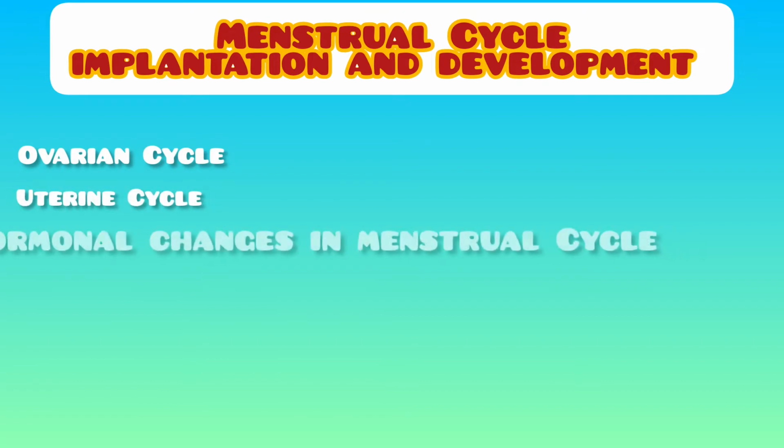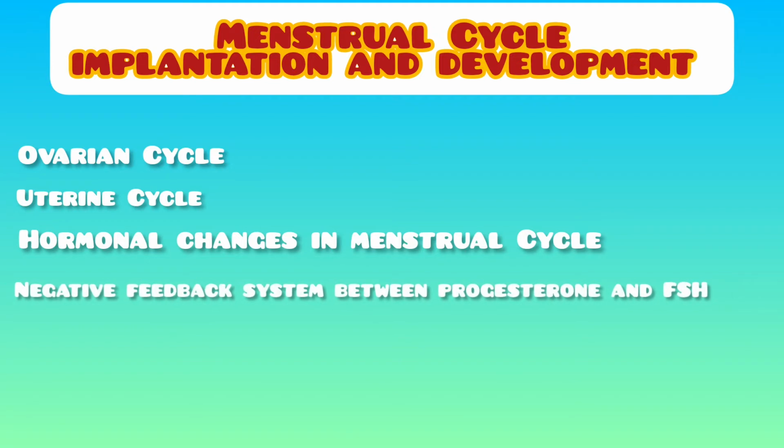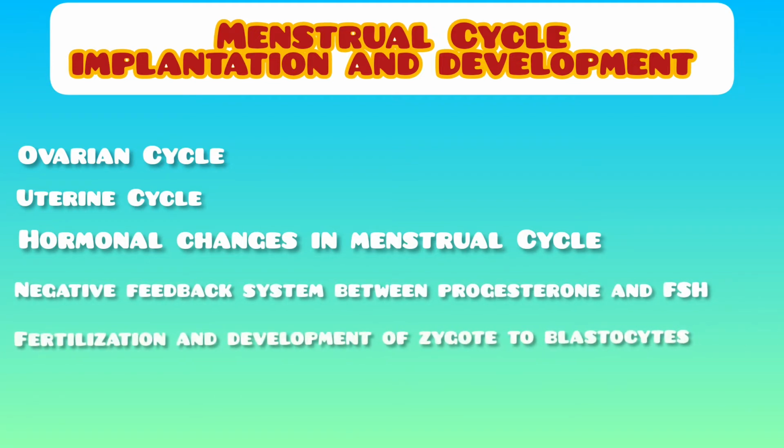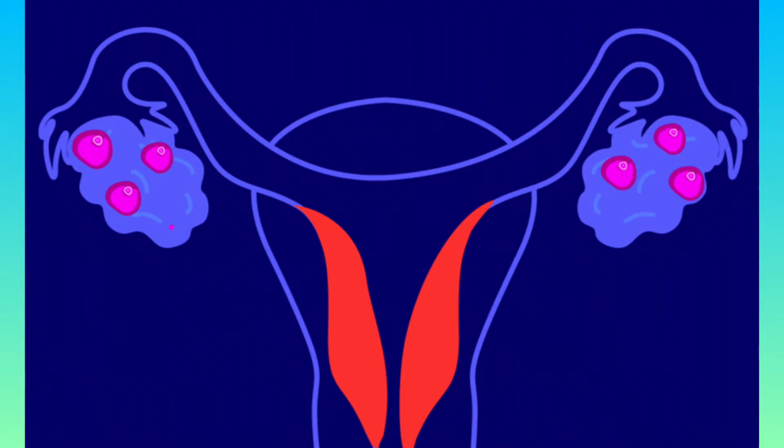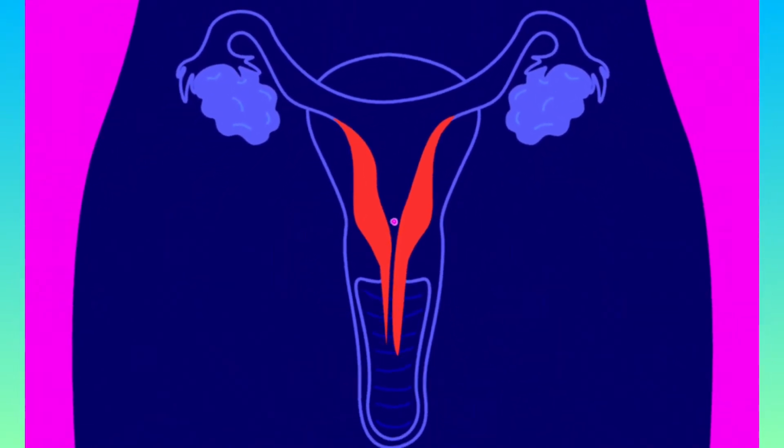Today we'll be talking about the ovarian cycle, the uterine cycle, hormone changes in the menstrual cycle, the negative feedback mechanism between progesterone and FSH, the fertilization and development of zygotes to blastocysts, the implantation of blastocysts, as well as gestation. Menstruation is the loss of blood and tissue as a result of changes that occur in the lining of